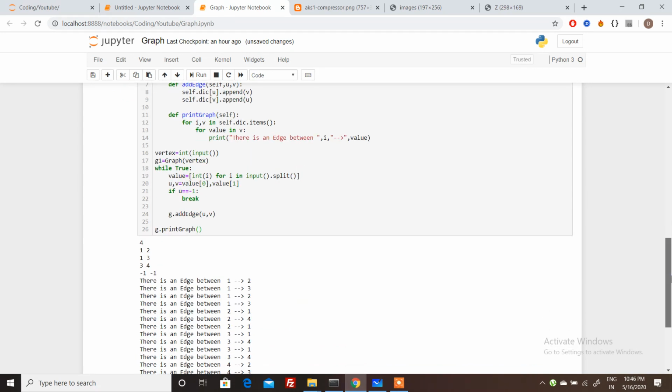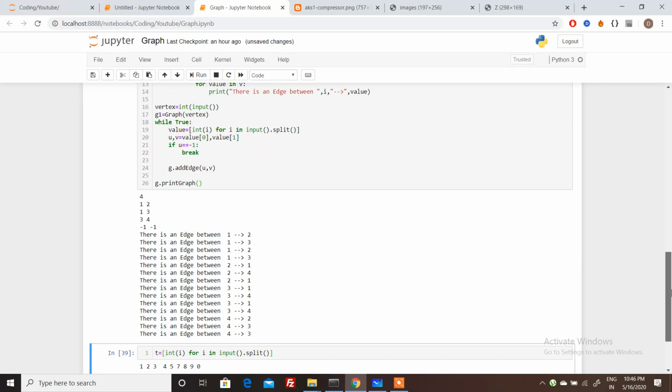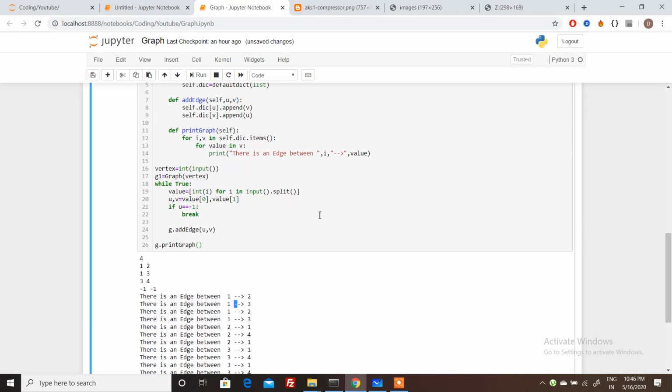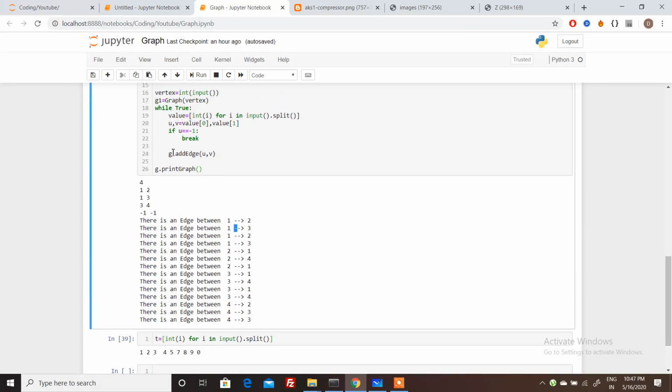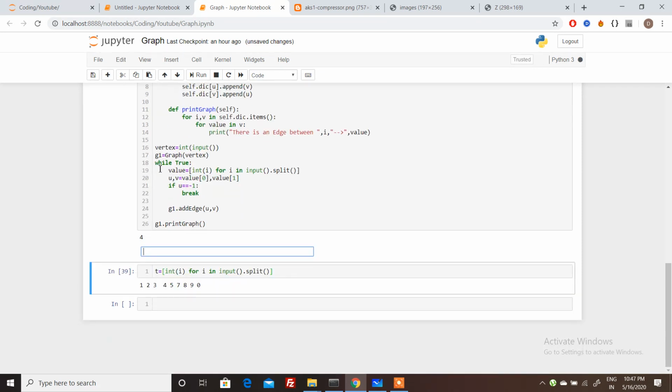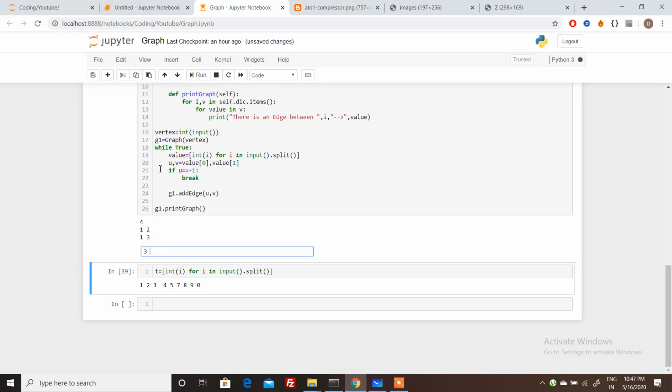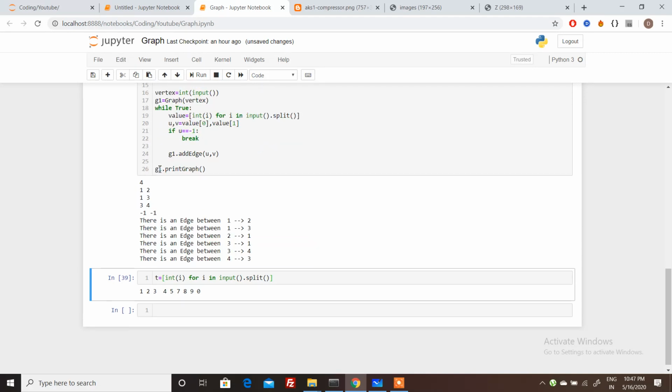Here we are getting an output which is wrong. Why is this happening? Because we have created the object g1, but we are using g only, which is the object of the graph from before. So just change this line, and I hope it will work now. Okay, now it is correct. There is an edge between 1 and 2, 1 and 3.